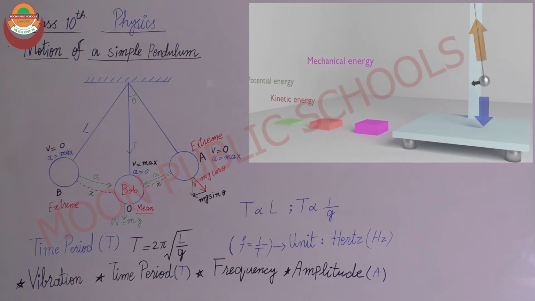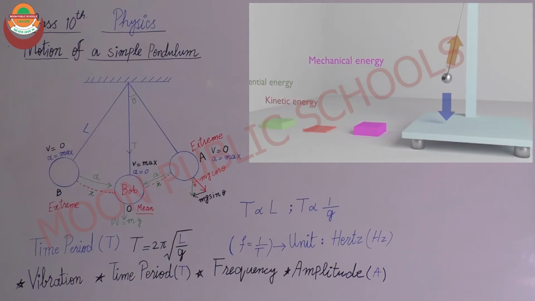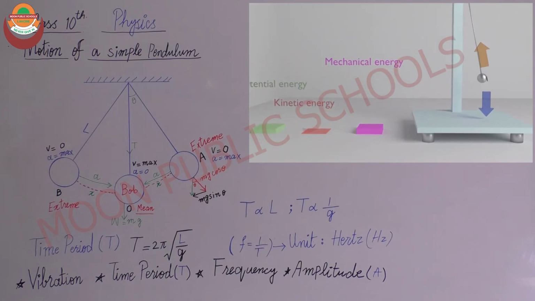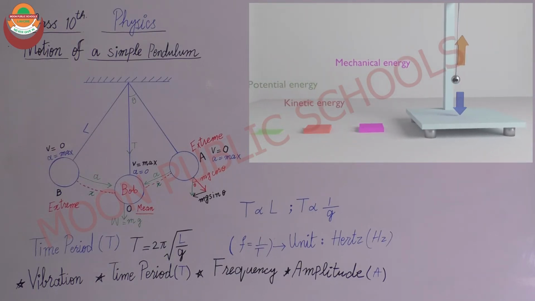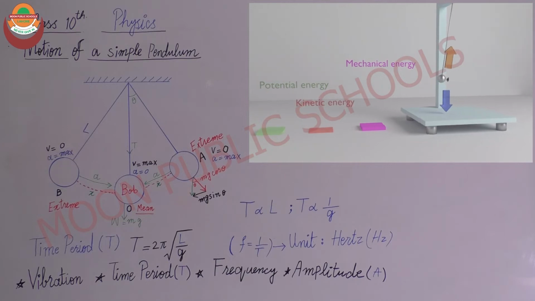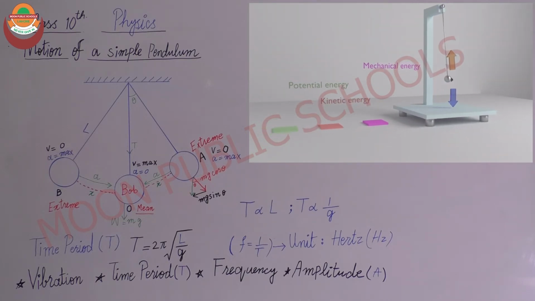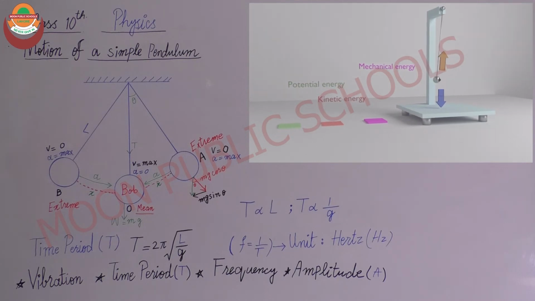At the mean position, restoring force is also applied. Due to the restoring force, the bob returns to the mean position. In this system, we use an ideal system. There is no friction in this system. Suppose that friction is not present in this system.